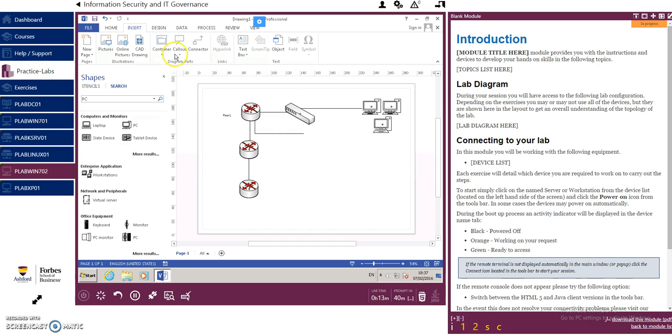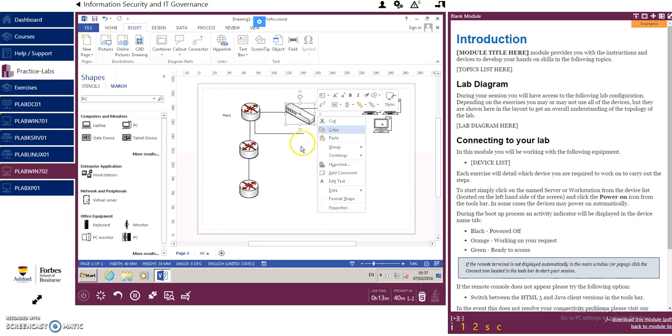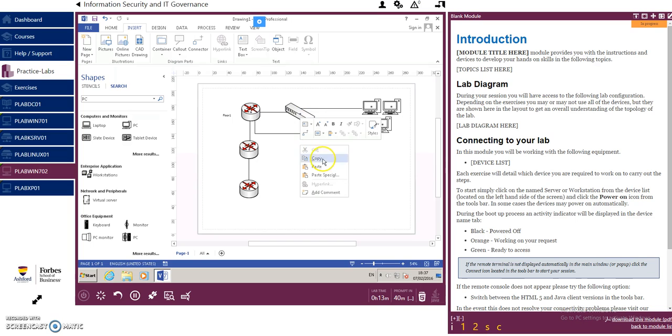You can do this and bring another switch right here. So I can copy this here and paste a second switch to this router, and that's not an unusual configuration. And if you have a lot of devices here, you can even connect this to a hub,